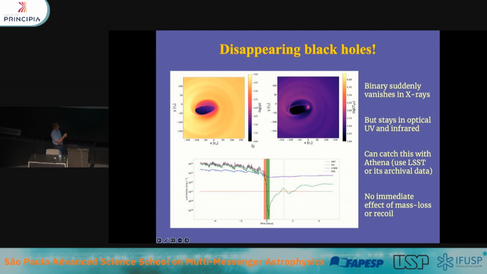The second exciting thing, which looks very promising, is that if you look at the green curve here, which is the X-ray emission, it actually is also maintained until the last few hours. But in the last few orbits of the binary, the X-ray luminosity drops here by four orders of magnitude, simply because of the fact that if you watch the movie again,